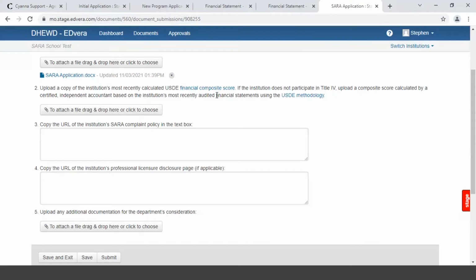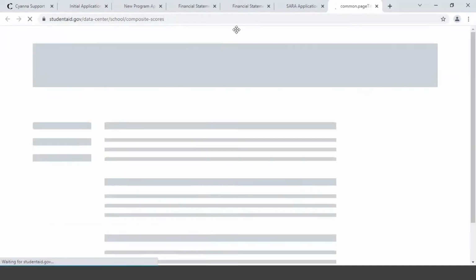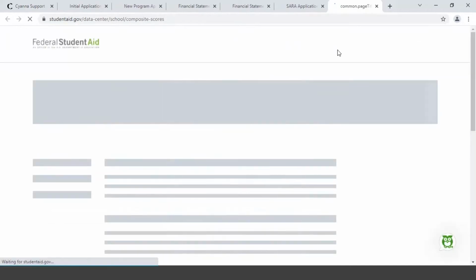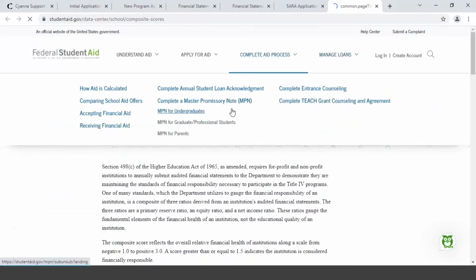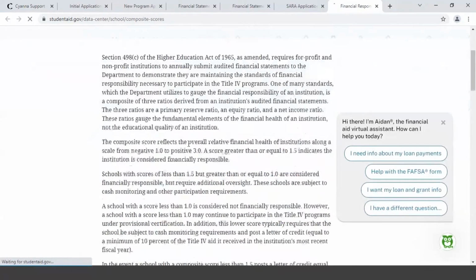The USDE actually puts out, obviously, their financial composite score. Hey, Stephen, if you click on that highlighted financial composite score link, go ahead and click on that. It should take you to the financial aid website. And if you're a Title IV institution and you know that you're already good to go on this particular site, you scroll down, keep scrolling until you get to the year.